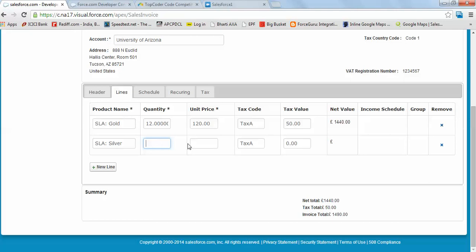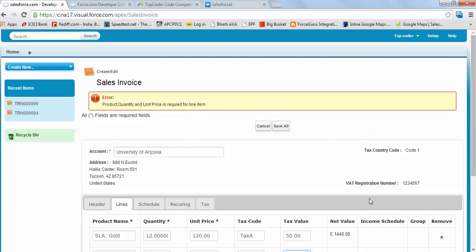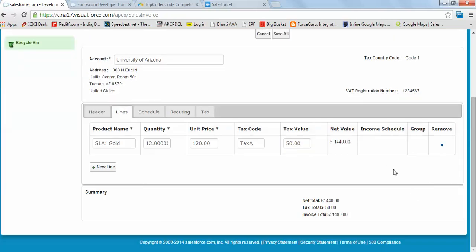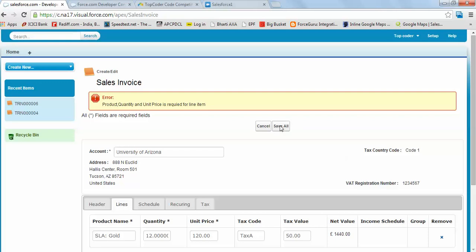So now I'll give some here. It's 35, and I'll give the tax value. As soon as you do a change, this is getting populated. I changed from tax A to tax B and again tax A. So this zero value is getting populated from the remoting one. This is also a requirement. So now this is one. So what I can do, I can remove these as well. So this is removed. So if I now click save,